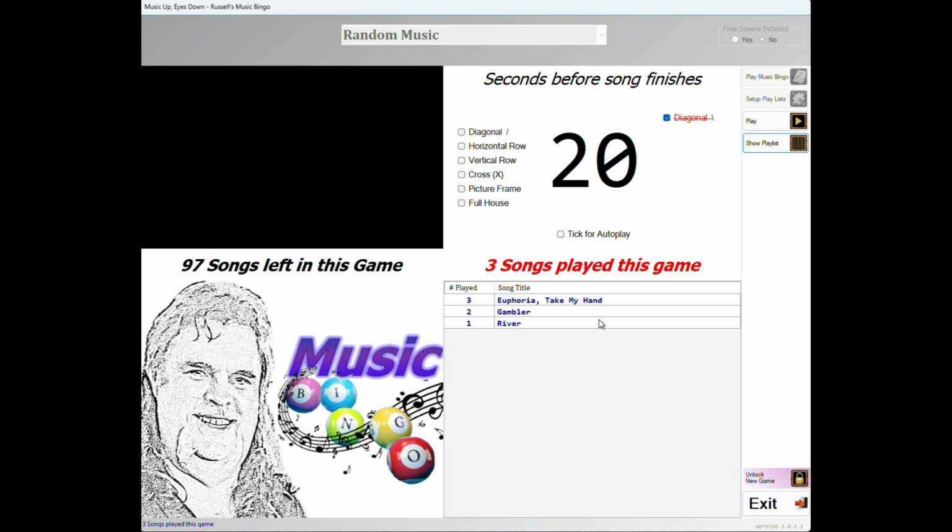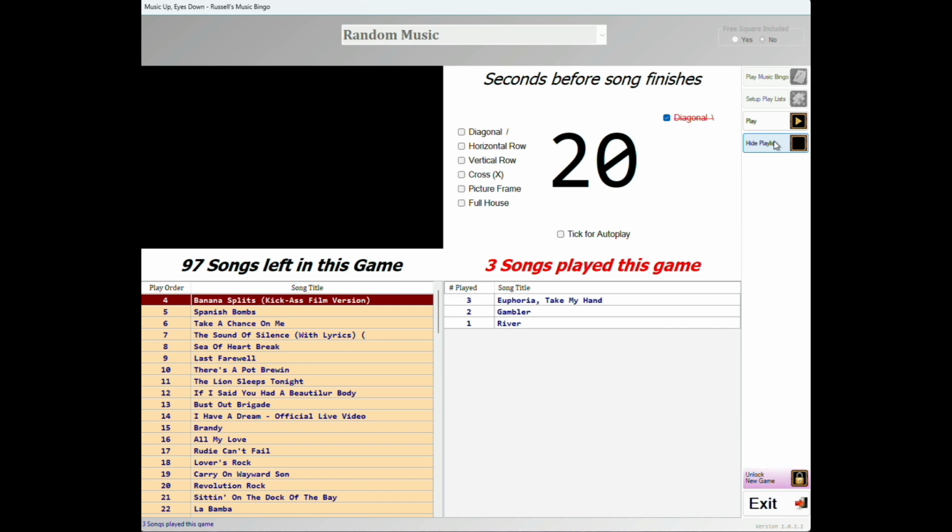The played songs to the right will however still be visible. Pressing the Show Playlist button will re-display the current game's playlist and change the button back to Hide Playlist. Pressing the stop button any time stops the current song from playing and resets the countdown counter. The song will remain in the left-hand window and will be played from the beginning as soon as you click